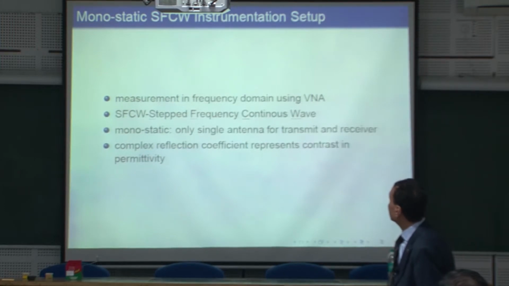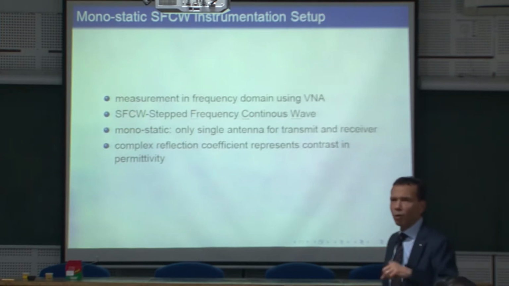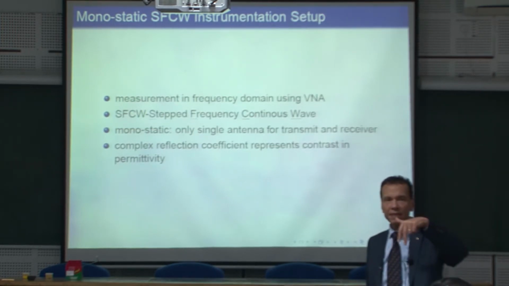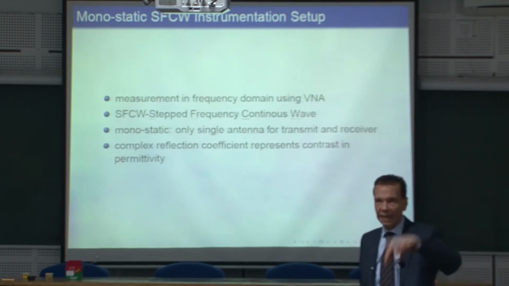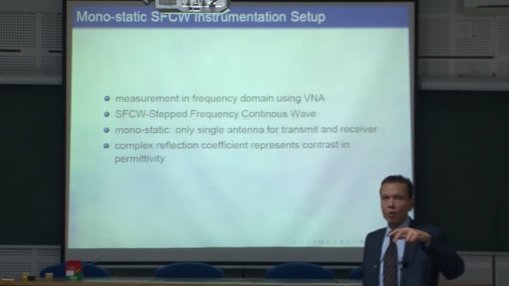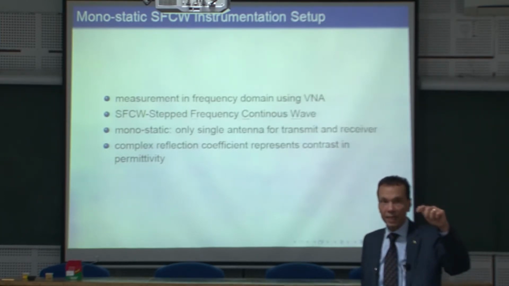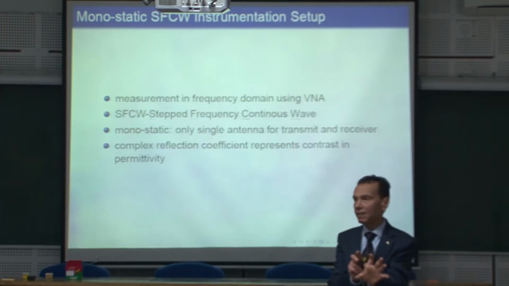Okay, so this is a summary of the measurement. It is monostatic. Monostatic means I use the same antenna or the same position for transmitting and receiving. You may use two antennas, but still monostatic. Important is you illuminate and measure from the same side. This is monostatic.